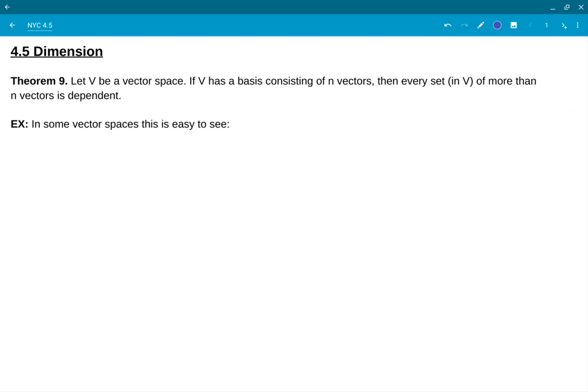Okay, so if you have a basis of, say, n vectors, and then you consider a set with n plus 1, n plus 2 vectors, that set is going to be automatically dependent. Let's see in R2, this is easy to see, right? If I have 1, 2, 3, 4, 5, 6, we've already seen that that's automatically dependent since